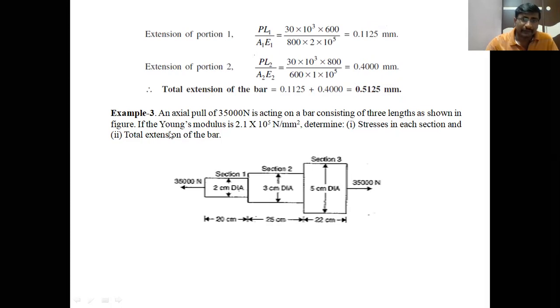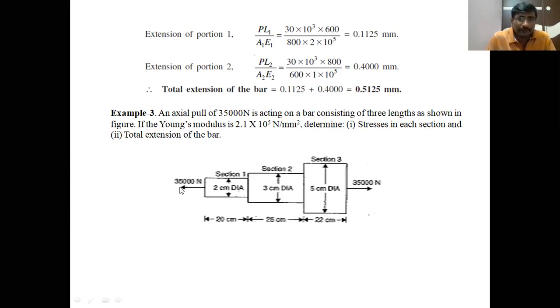Then let us see another example on this case. Dear students, this MOS subject is totally a problem-based subject. There is no theory part in it. Everything I will show on the slide, every problem I solve, and I will give some of these worked examples as homework problems. Okay, let us go for example 3.